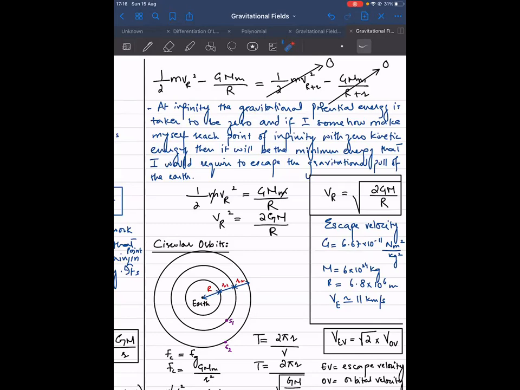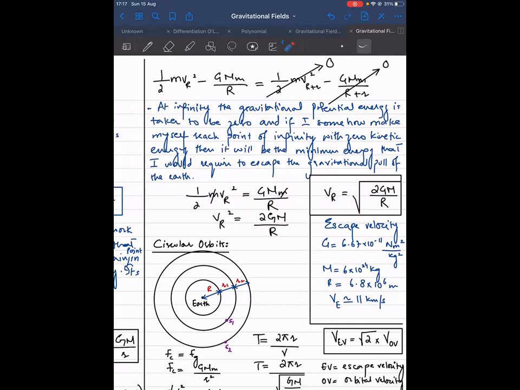ठीक है ना? So then I actually can calculate कि फिर मेरी velocity क्या होनी चाहिए। What I'm doing right now is I'm assuming कि मैं point of infinity reach करता हूँ with zero kinetic energy, तो ये दोनों zero होंगे। इसको मैं इधर राइट पे ले आता हूँ, so this is going to be equivalent to this। ठीक है, एंड सो यहाँ पे मेरा m और m कैंसिल हो गया, सो 2 टाइम्स g, ये 2 उधर चला गया। ठीक है ना, तो मैंने यहाँ पे स्क्वायर रूट ले लिया। Now v, this is actually what we call as escape velocity।